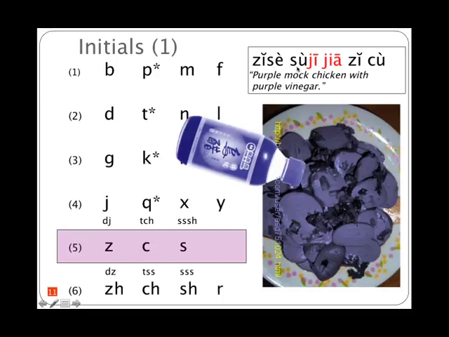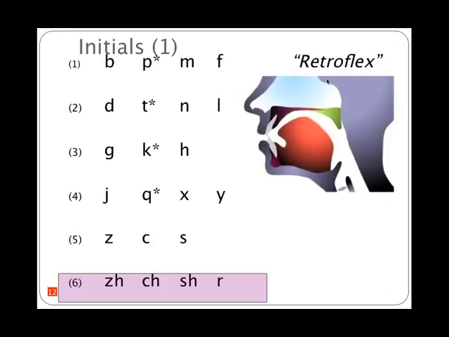Purple color, vegetarian chicken, add purple vinegar. 紫色素鸡加紫醋，紫色素鸡加紫醋。